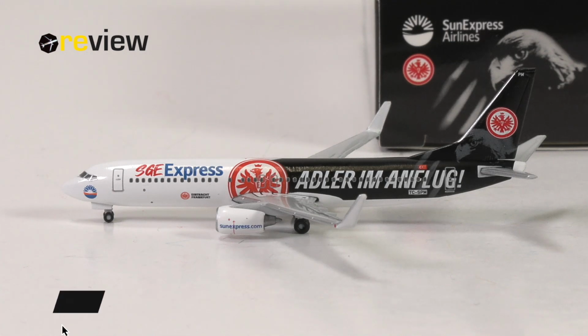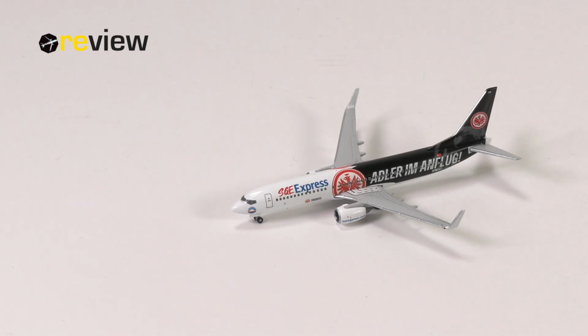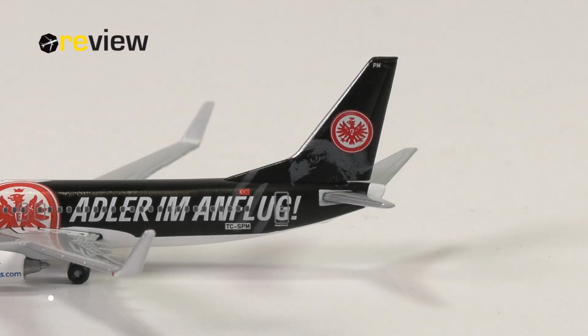Alright, so Herpa could not really do much for me with the box, but of course the main highlight should always be the aircraft model with this special livery of Sun Express, advertising or incorporating the branding of Eintracht Frankfurt, a German football club. And how have they done with this aircraft model? That is of course the main task. That is what we want to find out, and we can do so by taking a closer look at the aircraft model,